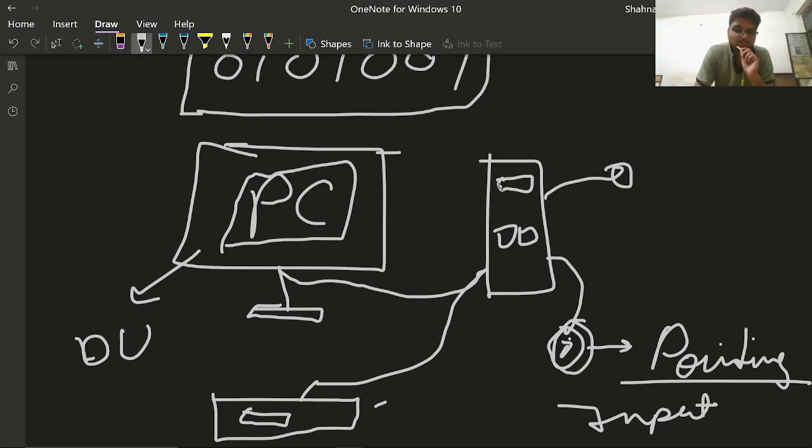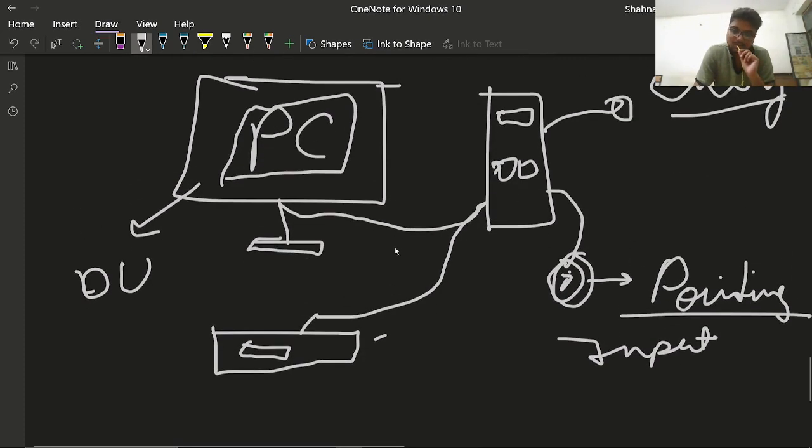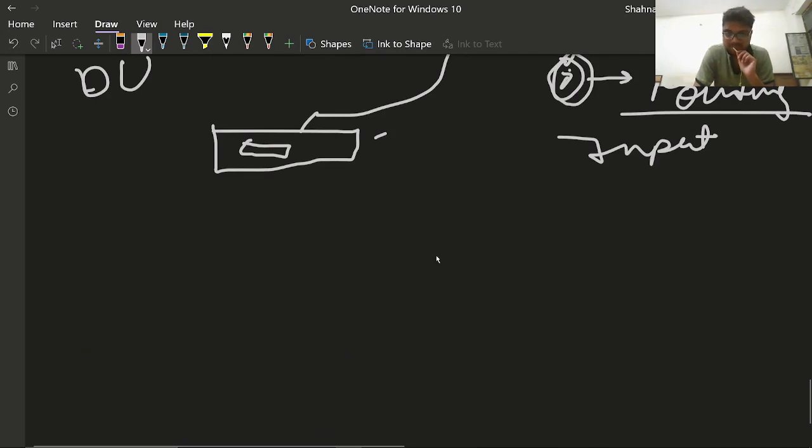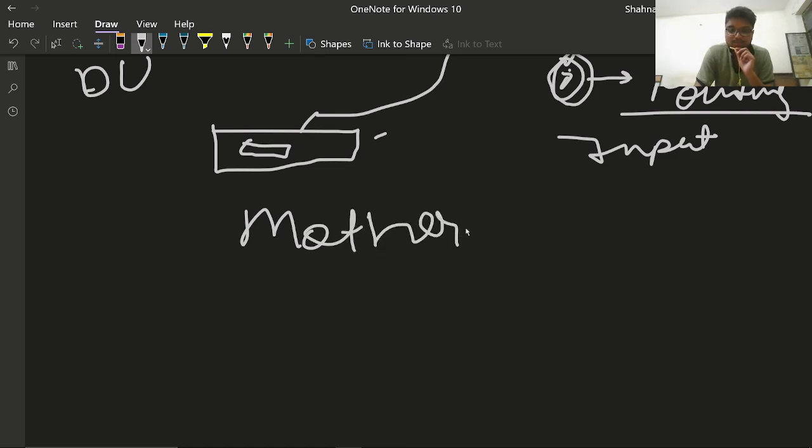This is the CPU. This is the place where every action is happening. Whether you type and it goes to the hard disk and the file is saved, everything is done in the CPU. There is a well defined structure of the CPU in which we have several devices like the motherboard, which I will explain in upcoming videos.